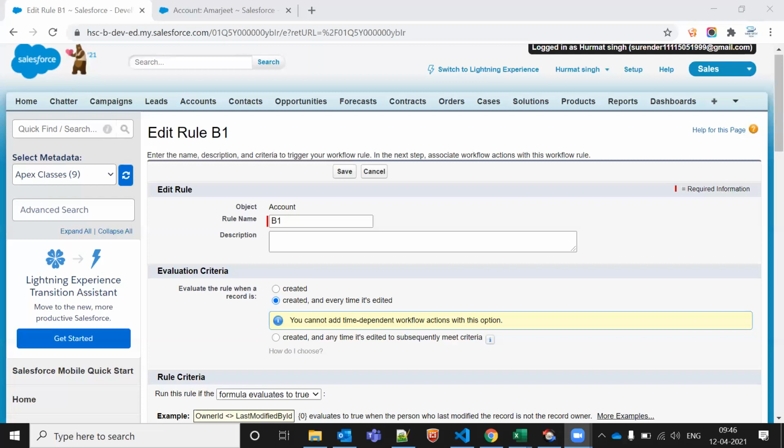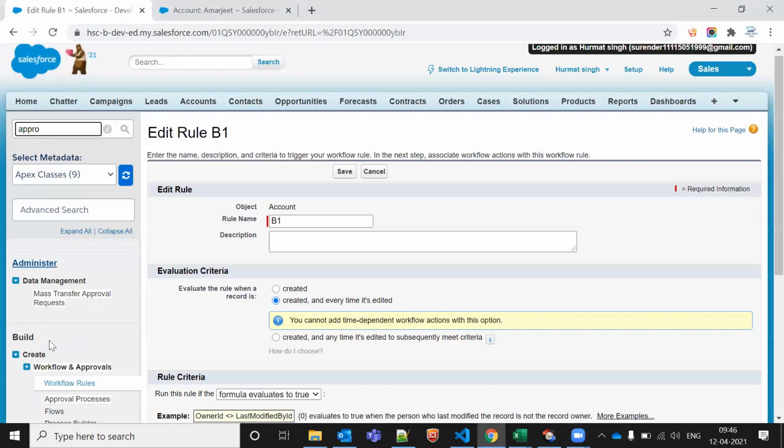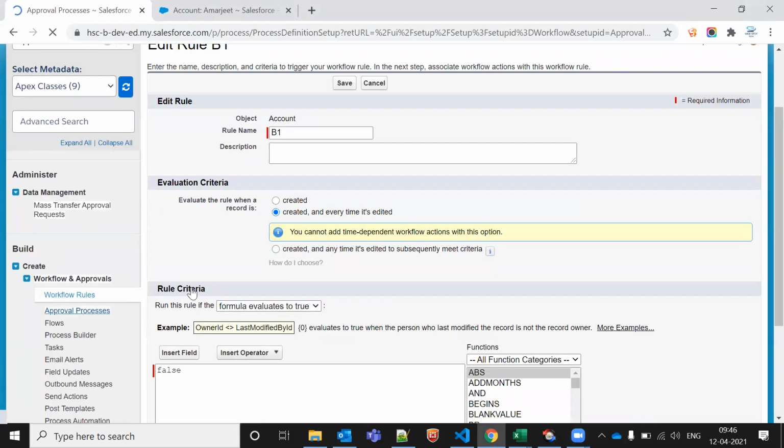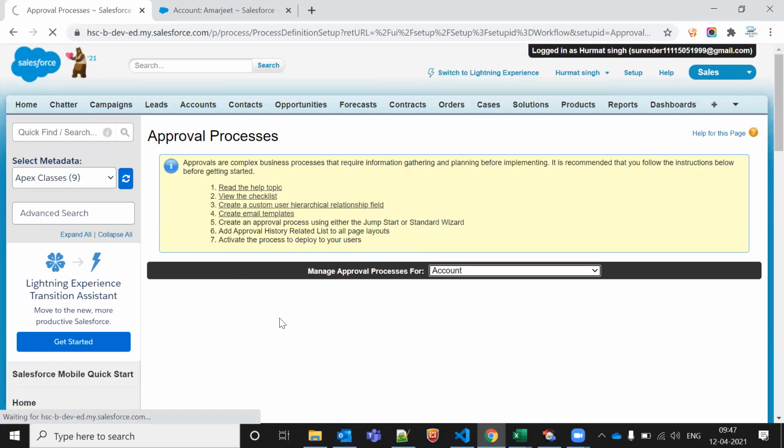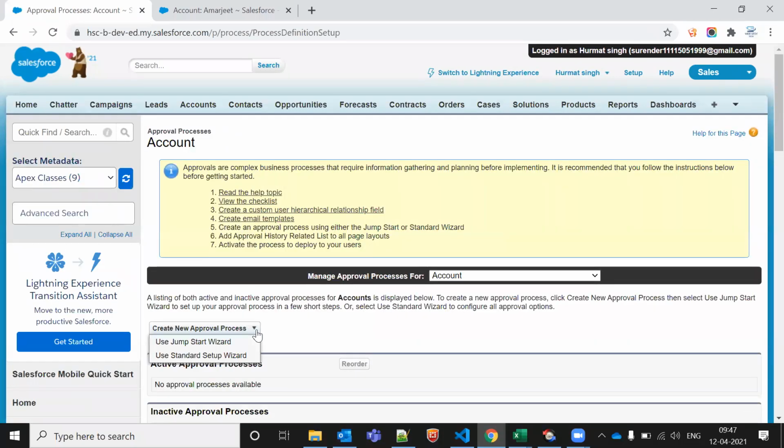If you go to approval process, let me just go to any of the objects. Then they are asking for the jump start wizard or the standard setup wizard. Okay. Tell me what is the difference between both? A step-by-step process will be followed in the standard setup wizard, but some steps will be skipped in the jump start wizard.